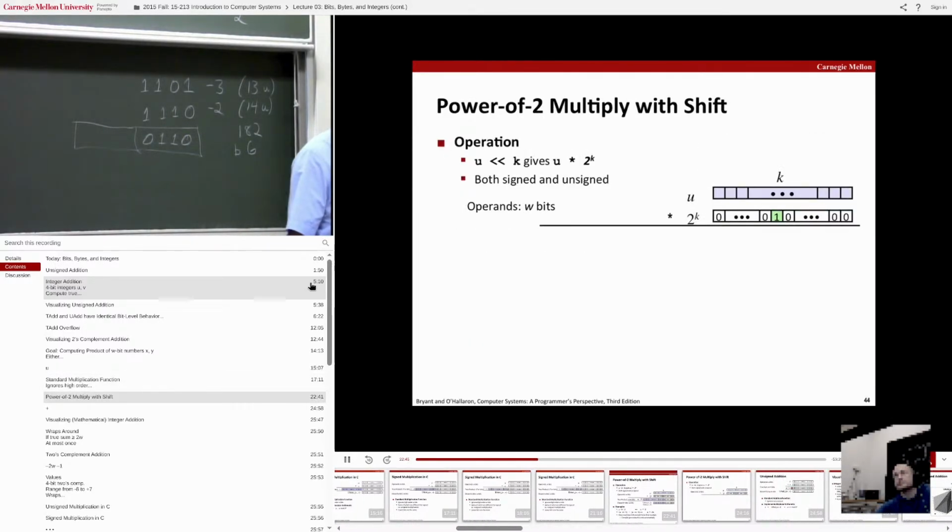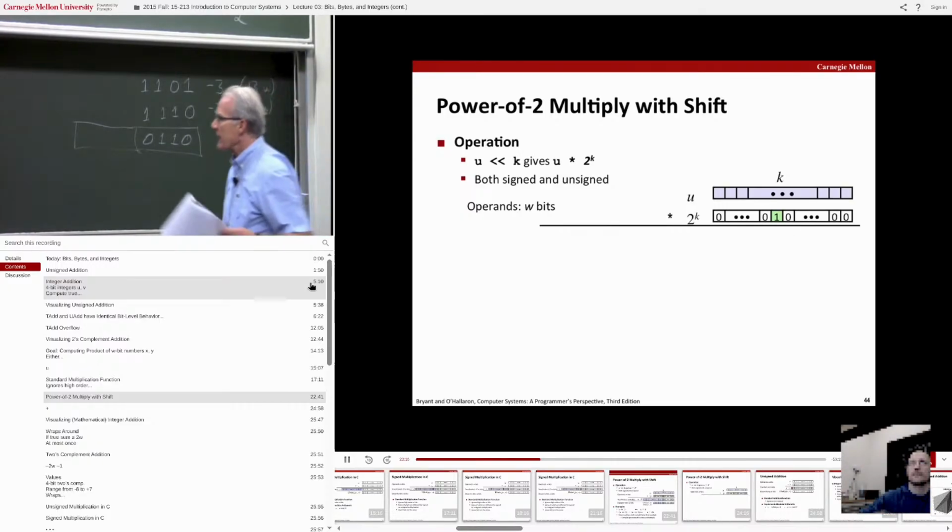So as I was talking about, there's a trick we can do for multiplying by a power of 2, which is just to shift the number to the left. And you'll often see that when you have in your code, I want to multiply some number by 4, you'll write that in your C code. If you look at the assembly code, you'll see that what the compiler generated just says, oh, just shift it left by 2. So in general, and you can see why this is true, by the way, if you think of the number